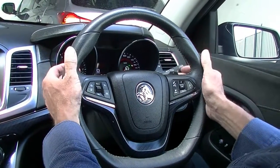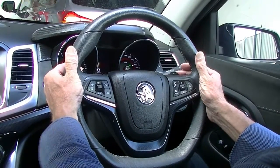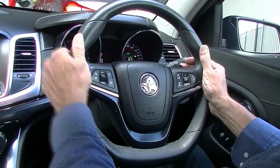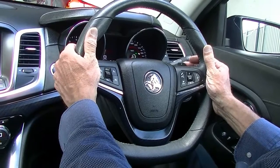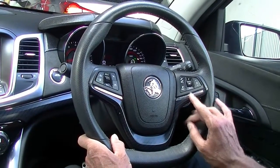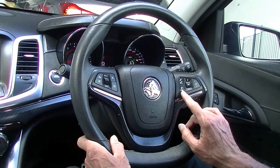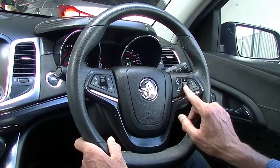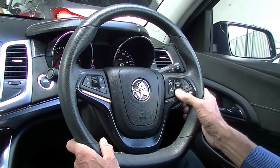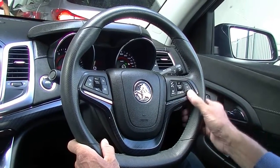We've got paddle shift on our leather wrapped steering wheel, so this enables us to drive the car in manual mode if we wish. I'll show you that when we go to the T-Bar Auto shortly. Also on our right hand side of our steering wheel, we've got our controls for our Bluetooth on the left here. This little button here just controls the radio stations we're listening to,